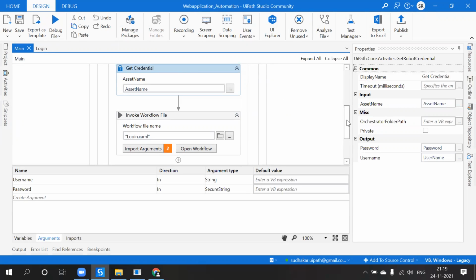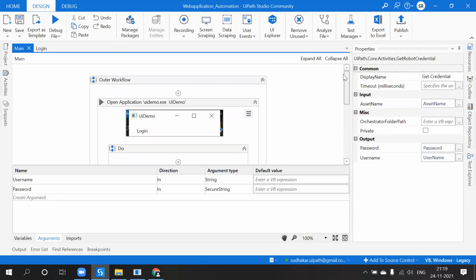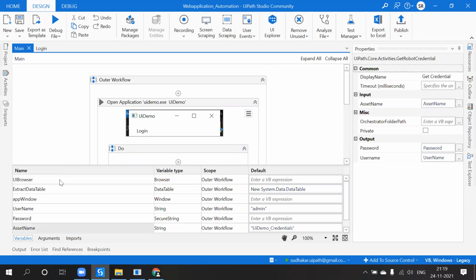The difference between variables and arguments is also one of the very important interview questions. Variables: the values can be passed within the workflow. This is one workflow, and we can pass values within it.